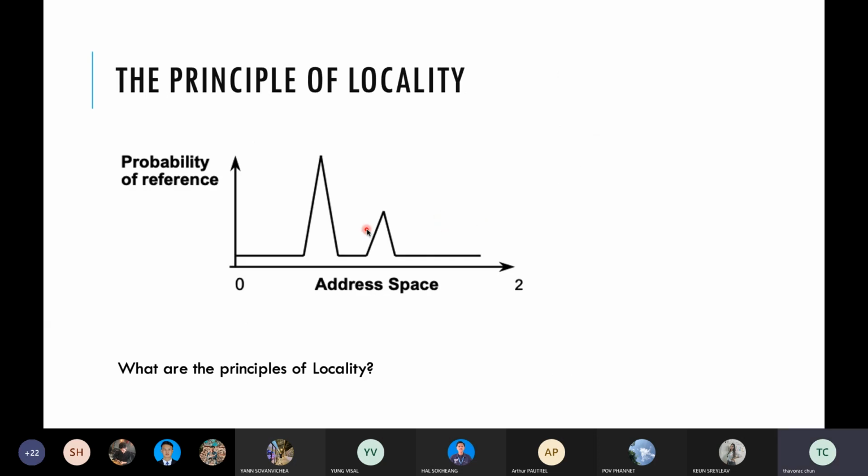Coming here, we talk about the principle of locality. In the graphic here, you can see the Y axis is the probability of reference, and the X axis is the address space. So with this graphic, what